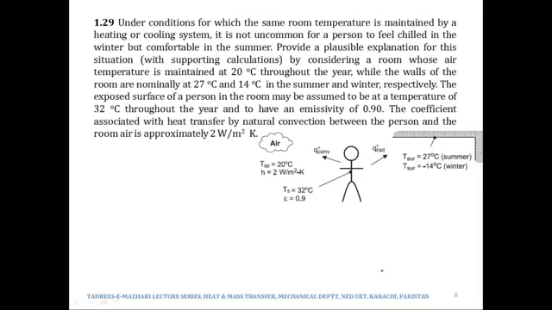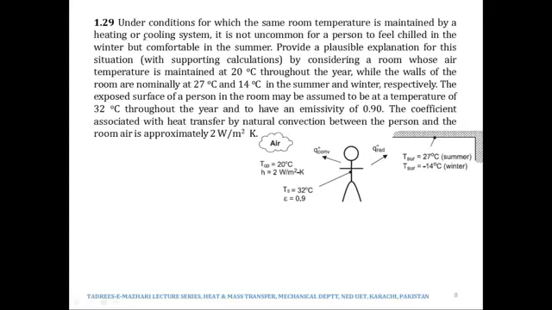Now let's take the last problem before we end the problems of chapter number 1. It's 129, and it is an interesting problem as well. It says that under conditions for which the same room temperature is maintained by a heating or a cooling system,